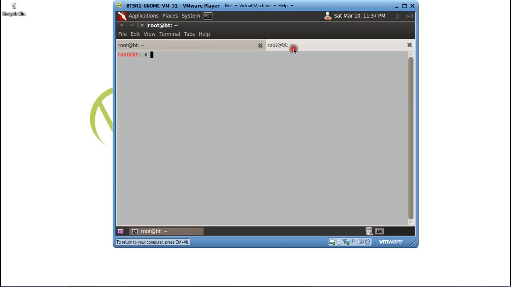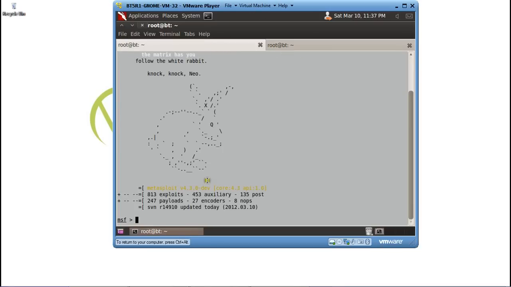You can start the MSF console by a simple command, msfconsole. That's it. Write this and hit enter. Once you hit enter, you will see an interface like this. Now in this we need to start with this command, use.